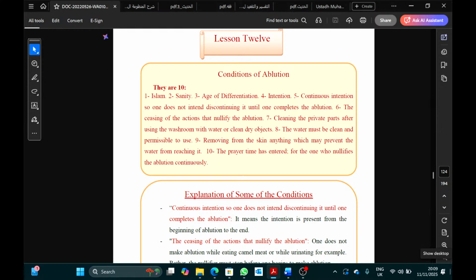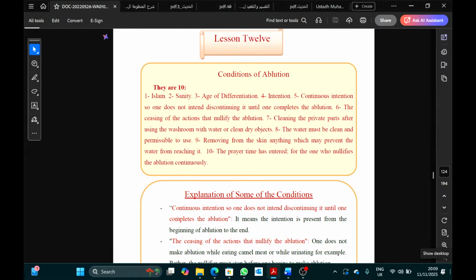I believe the Shaykh mentions the conditions of how to do it and when to use it at the end, so I'll mention the conditions of it at the end.